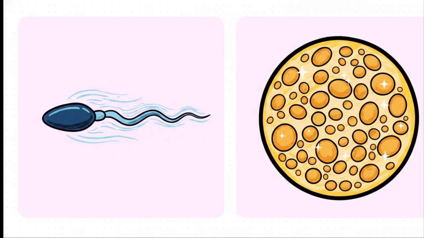Let's break down these two special sex cells, or gametes. The male gamete is tiny and built like a little torpedo. Its only job is to be highly motile and travel fast. The female gamete, the egg, is much larger. Why? Because it's packed with a massive store of food and energy to nourish the new life once they actually